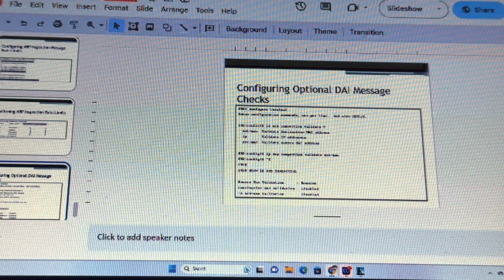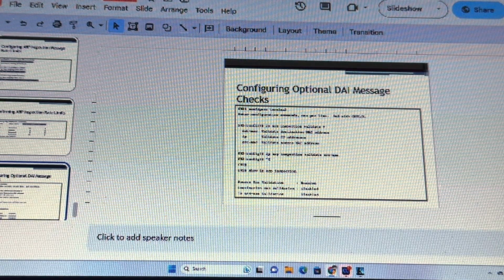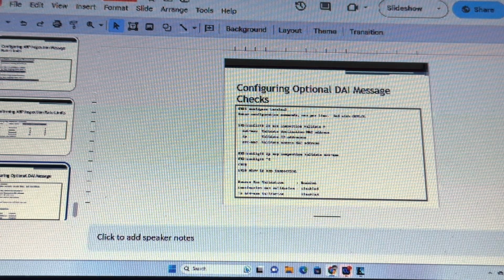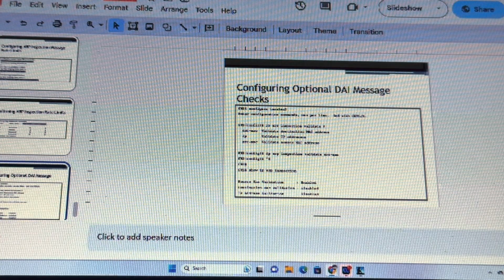All right, any questions on DHCP or ARP inspections? If not,